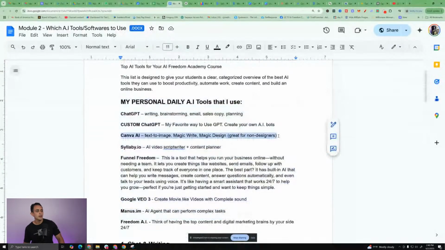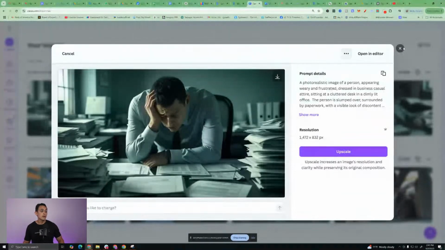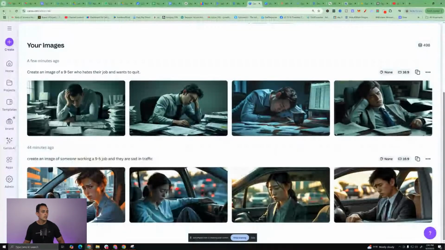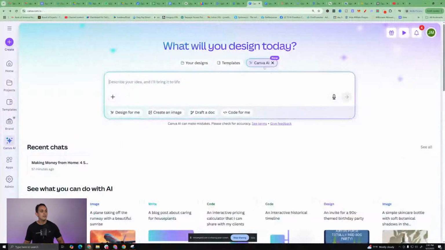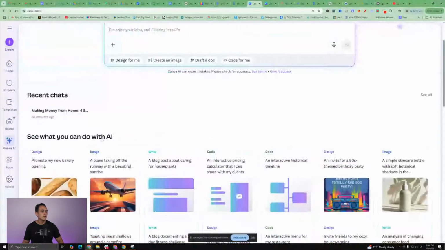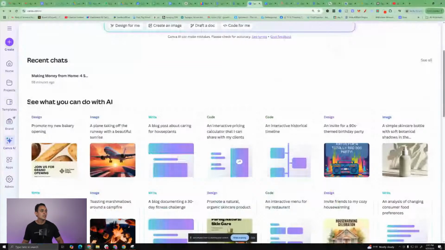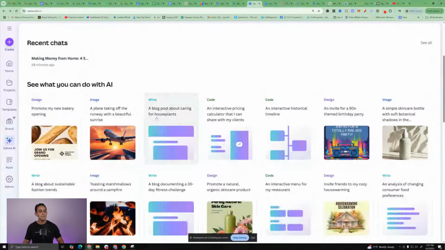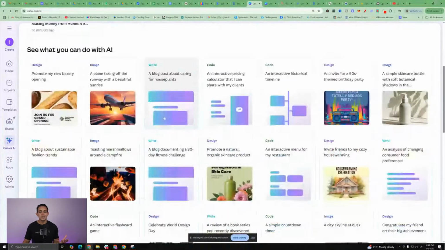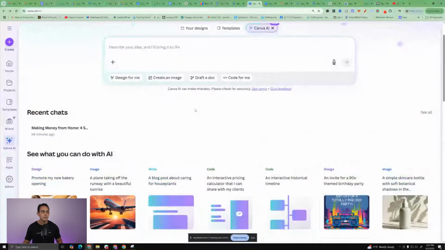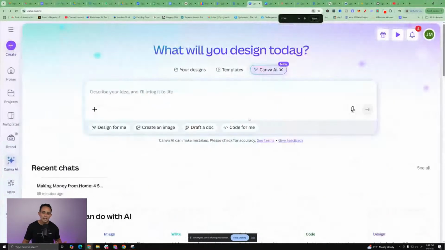So Canva AI, again, let me show you one more thing that you can do with this is you can create entire presentations, right? So if I go over here, again, you can go back to Canva AI and ask it, right? Design an entire presentation from you, right? Step by step. So very, very powerful, right? So you can even see what you can do with the AI, right? You can design, you can create images, you can write, right? You can do blog posts, okay? So all these things. I will say Canva AI is really good with like presentations and images, rather than writing. Okay. And we'll go over some tools that do a very good job on that as well.